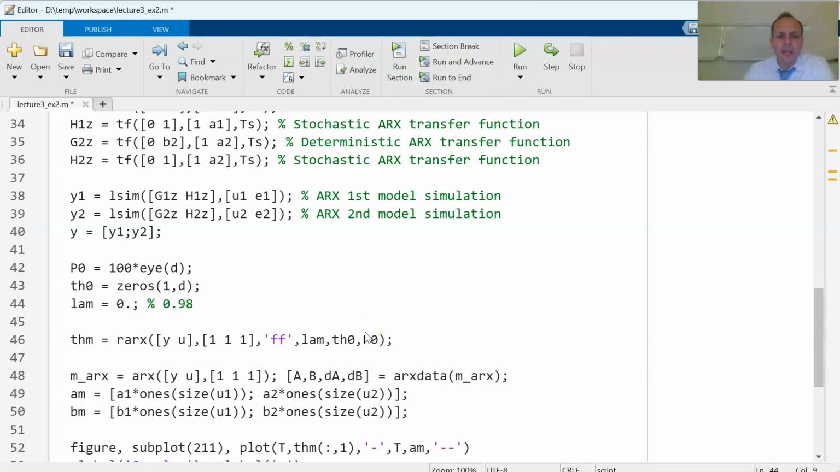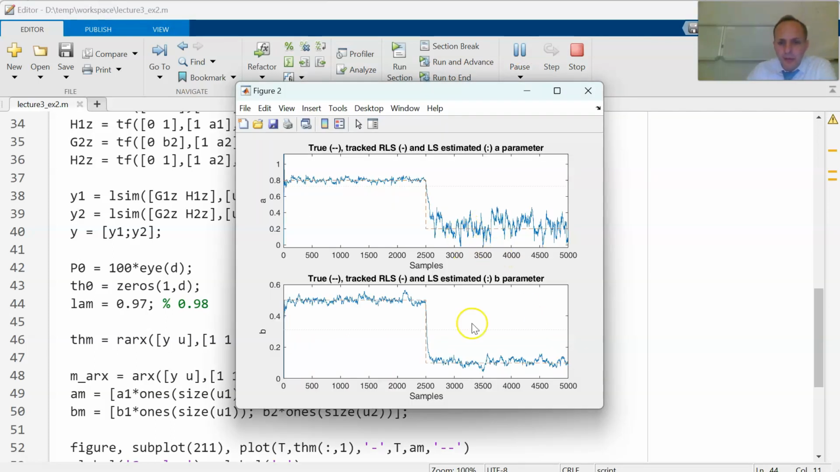Let's see what happens, for example, if we use a lower value. So 0.98 can be used as a reference value, because if you remember, a general recommendation is that the value of the forgetting factor should be taken in between 0.97 and 0.99, so it's not too high, but not too low. And let's try to use, for example, 0.97, that can represent the minimum value that you can use,